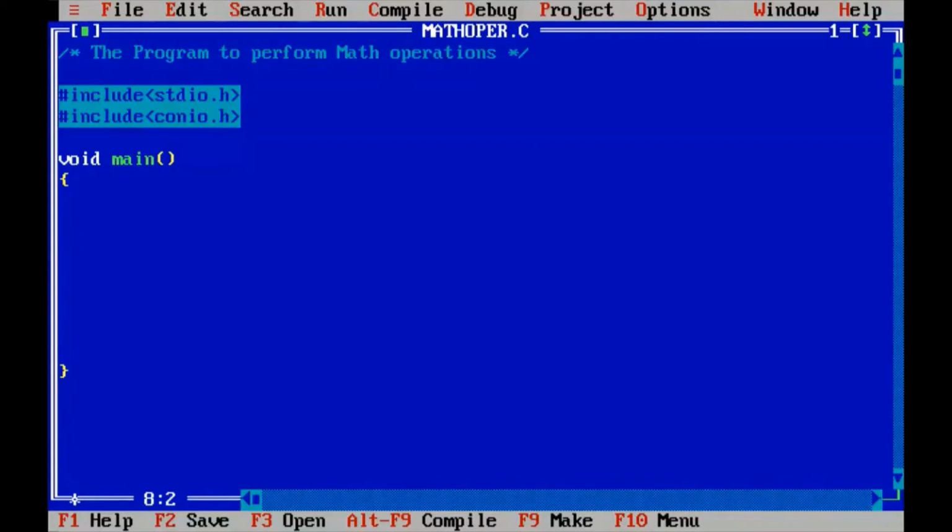So now I'm going to perform basic mathematical operations, that is addition, subtraction, multiplication, division. To perform that, I need two integer numbers. So I add them together and I subtract one number from another number, and I'll multiply both the numbers and I divide one number by another number. So I have to have two numbers. So where am I going to store them?